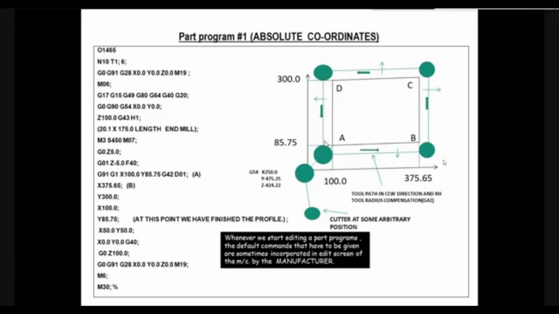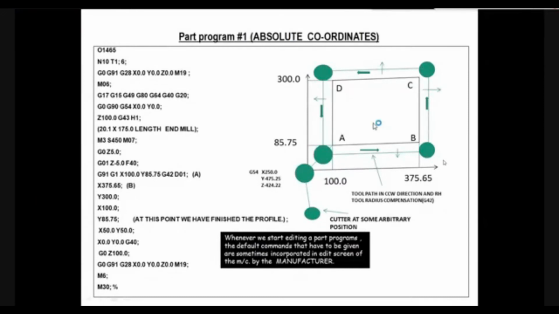If you give the cutter compensation, tool radius compensation, in geometry D and activate it, the cutter will shift either to the left or to the right based on which compensation you have given. So for maintaining ABCD, a shaft-like projection on the surface of the workpiece, ABCD will remain available and the material around it will be cut. This area will be waste and ABCD will be remaining in position.